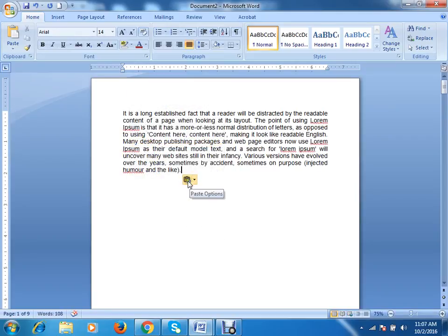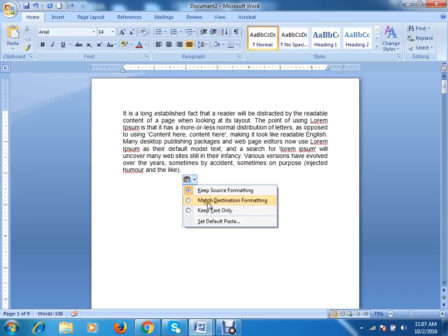You will see a paste option here. Click. If you choose match destination formatting, then the formatting of this text will be changed to